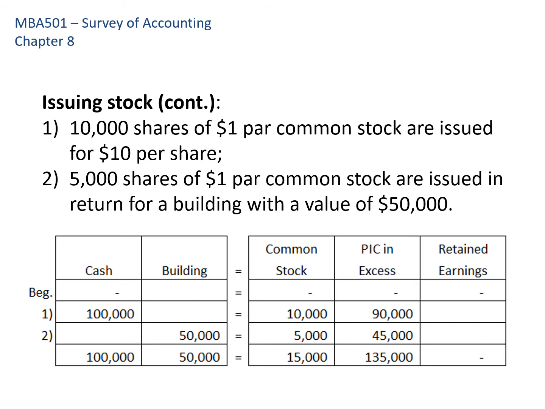The second transaction is a non-cash transaction, so somebody contributes a building that has a market value of $50,000. It's been appraised at $50,000, and they issue it in return for 5,000 shares of $1 par common stock. In that case, building goes up because the corporation now owns that building, its assets have increased. It's going to come on the company's records at fair market value, $50,000. Common stock will go up by the 5,000 shares times $1, and the difference will go to paid in capital